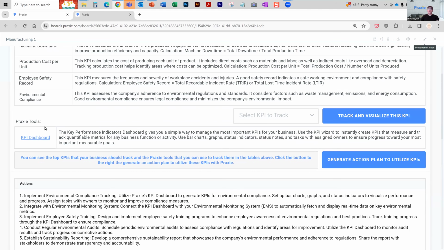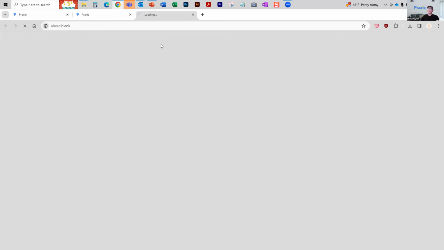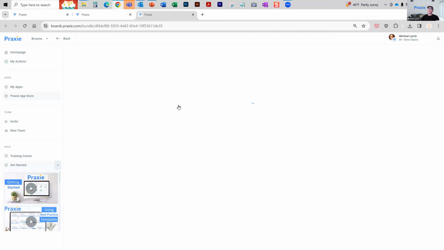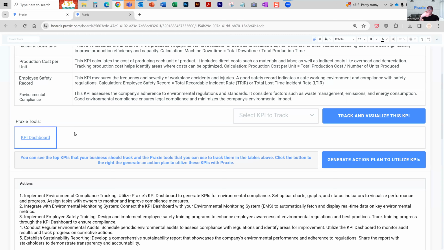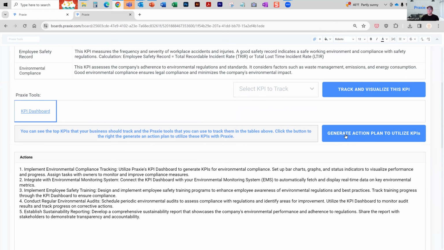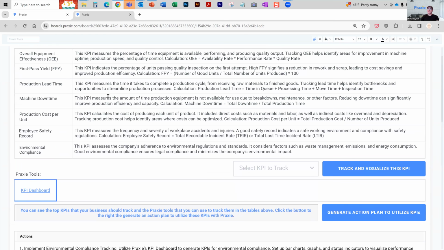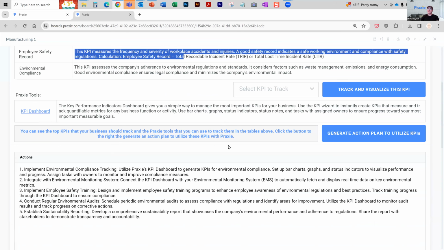Now, down below, our tool gives you access to our KPI dashboard, and it's actually embedded in this product. But this link opens up an overview of our KPI performance application. So within the app, if you want to go use our application to track, you can do that. Now, the next thing it does is it generates an action plan. So now that I've looked at this, and I can delete some of these if I want, et cetera, but it'll generate an action plan.